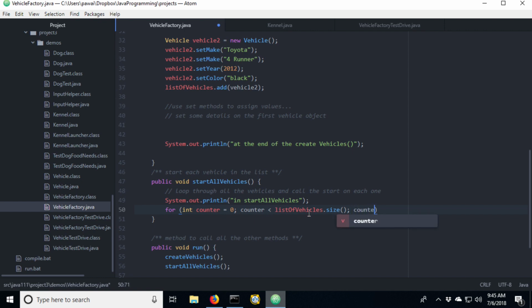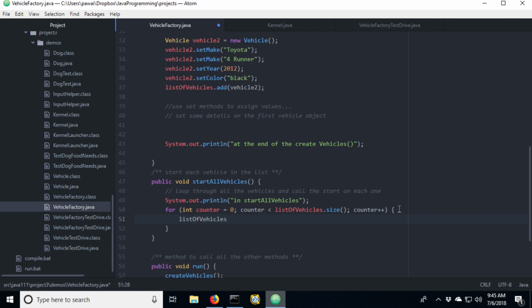And then I need to increment my counter. It's at this point that I would add my curly braces and do something. On my list of vehicles, I would do a get, because we've got the get method available on array list. I need to pass to that the counter so that I get the proper index.